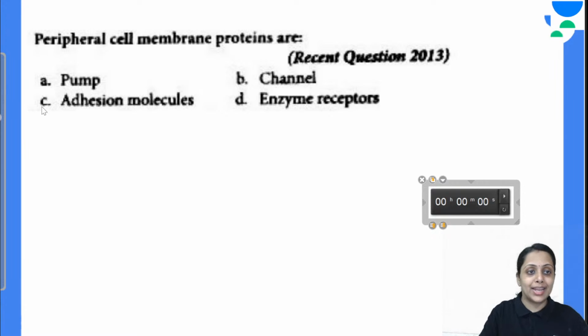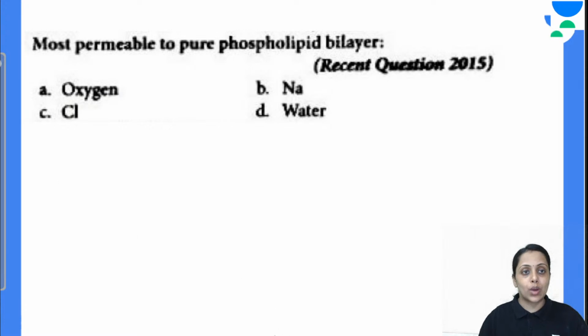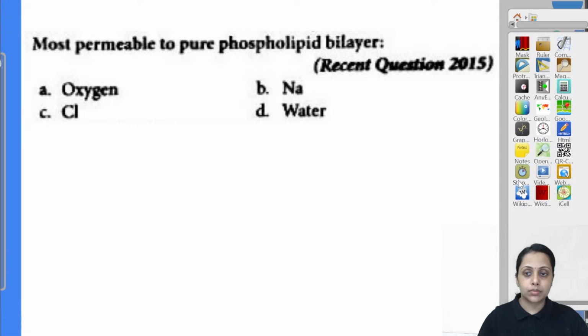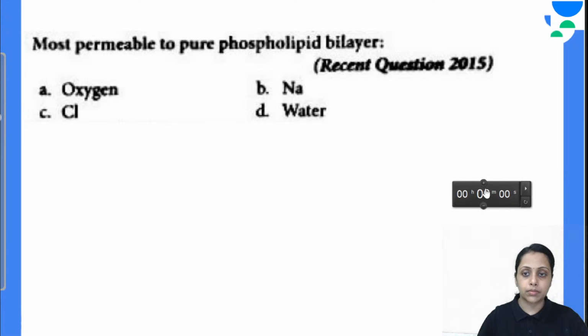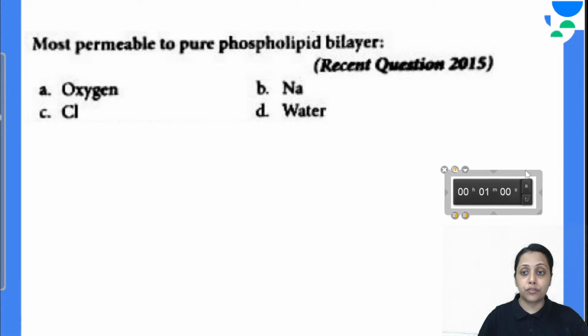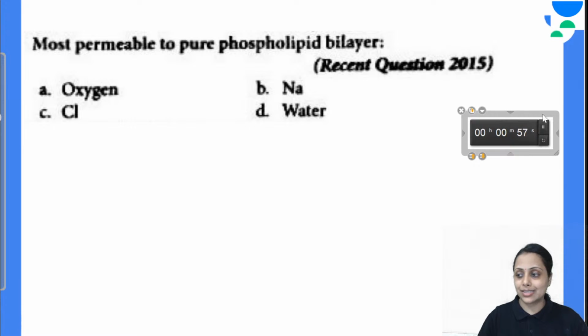Yeah, very true, the adhesion molecule. Answer is C. Coming to the next one. Most permeable to pure phospholipid bilayer is oxygen, sodium chloride, or water. Most permeable to pure phospholipid bilayer is